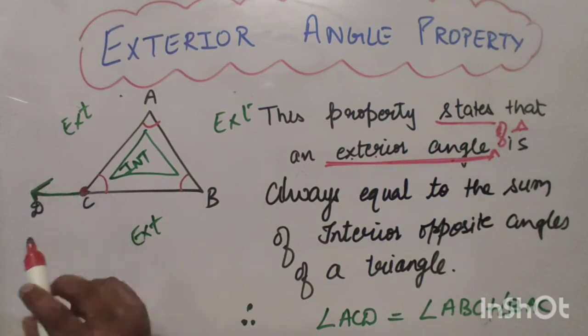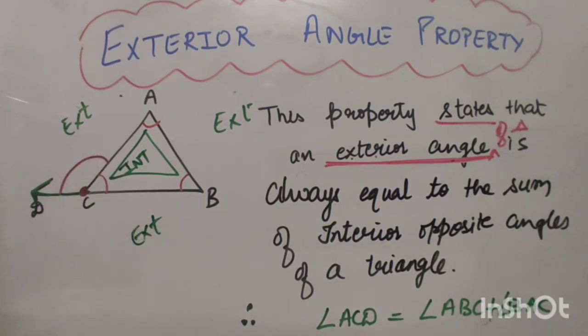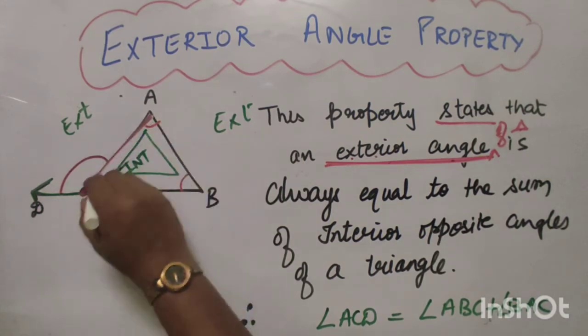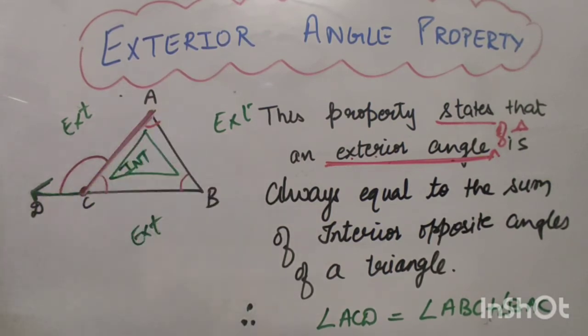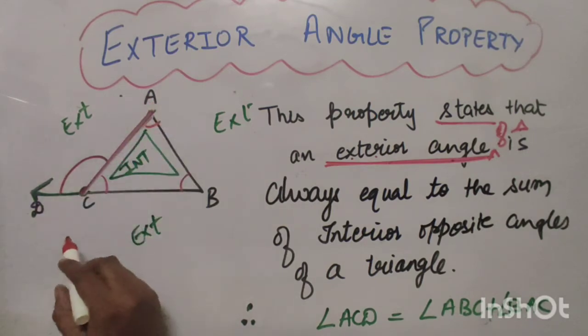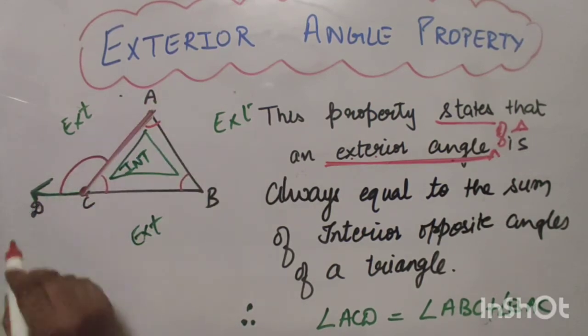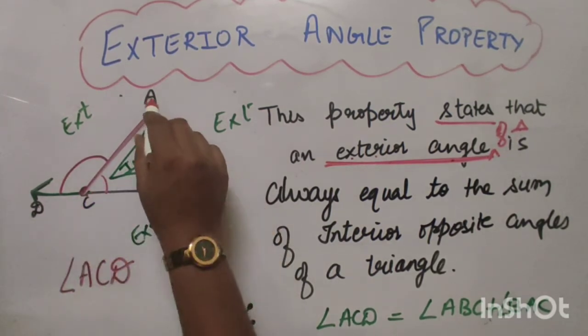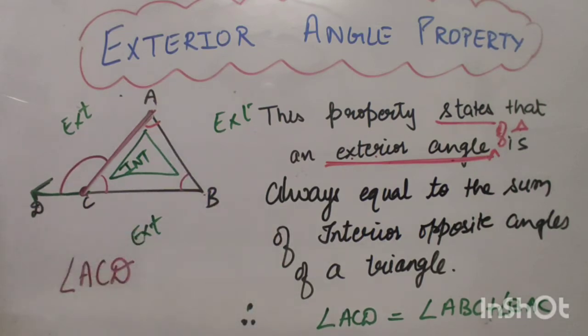Here you can see that there is one angle which is forming here as well, right? But this angle is not in the interior region of the triangle, right? But it is using one side of the triangle as its arm, right? So we can say that this angle ACD is an exterior angle of the given triangle ABC, right? So one doubt has been cleared in this way. First we have to figure out which is the exterior angle of a triangle. Now let's come to the property.